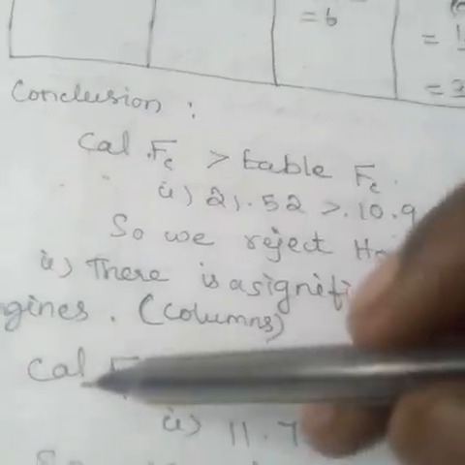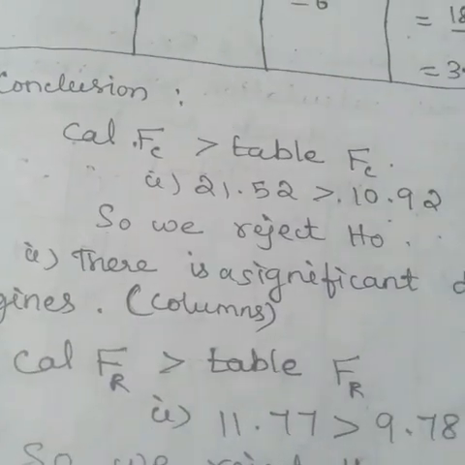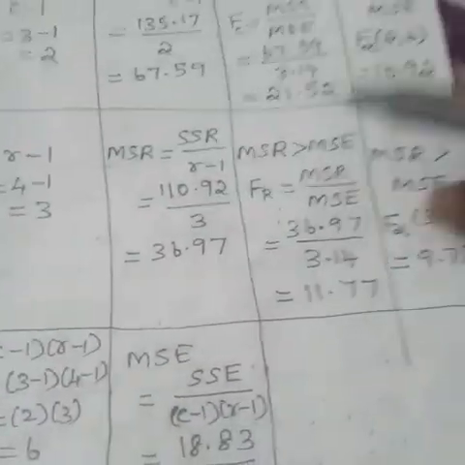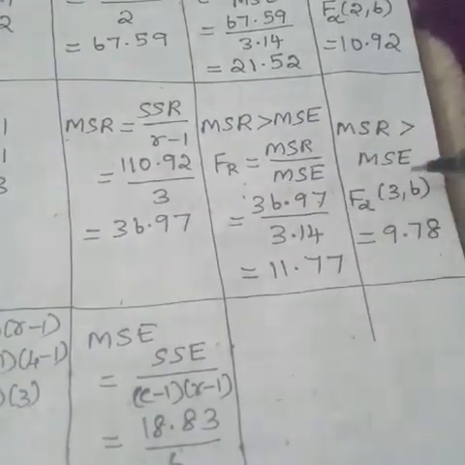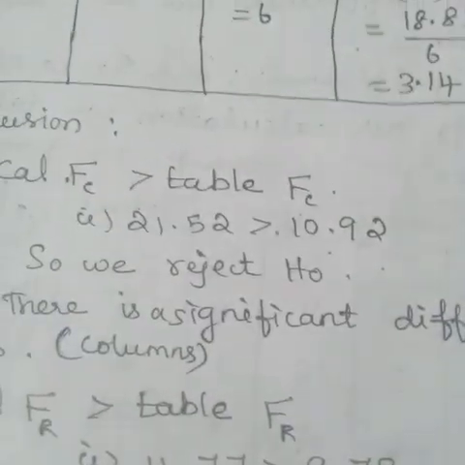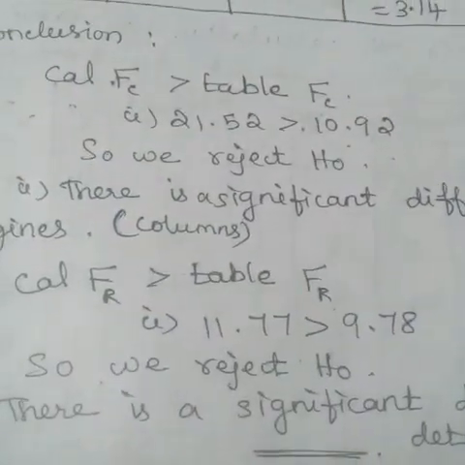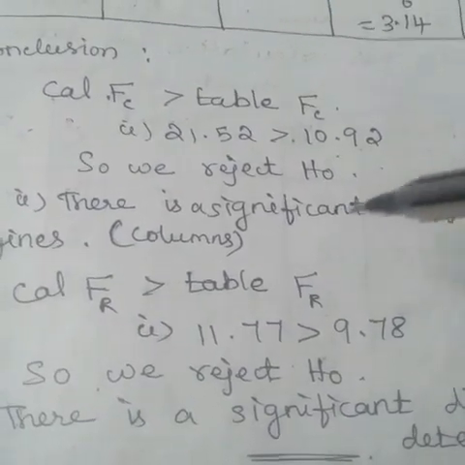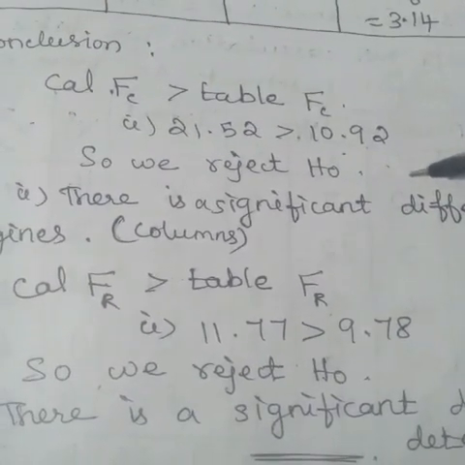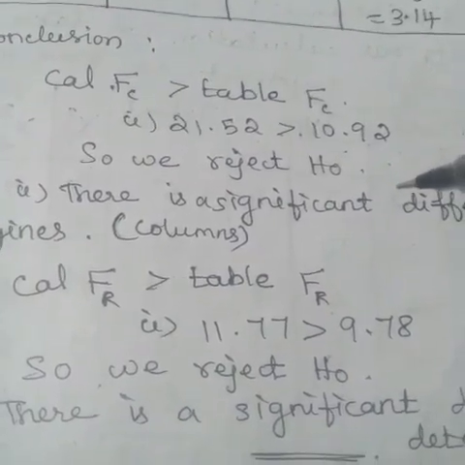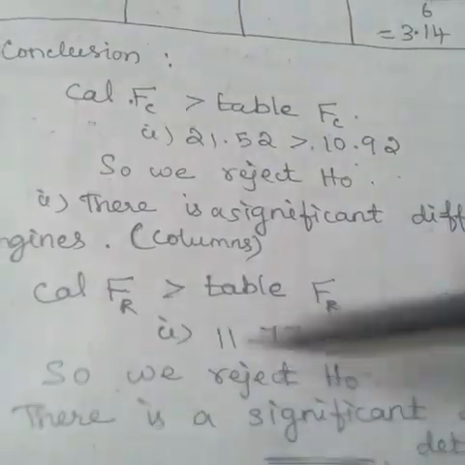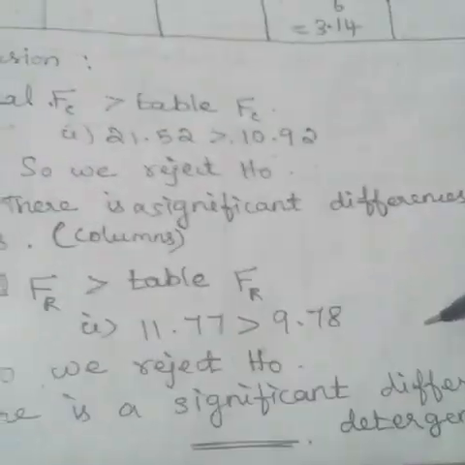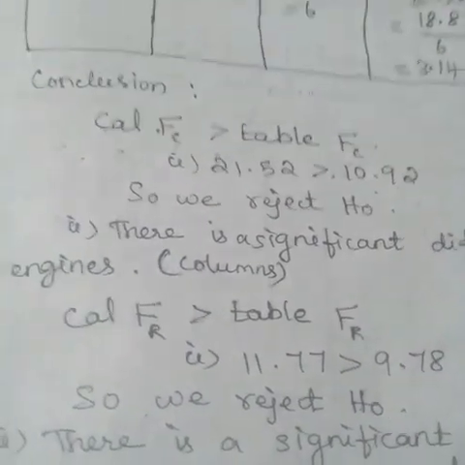And the next conclusion: calculated FR is also greater than table FR. Calculated F value FR 11.77 and table value 9.78. So FR is greater than F alpha table value. So here also we reject H0. That means there are differences in the detergents also. So we have four different detergents A, B, C, D. So within the detergents there are differences. So we reject H0. There is a significant difference between the detergents. This is the conclusion for our